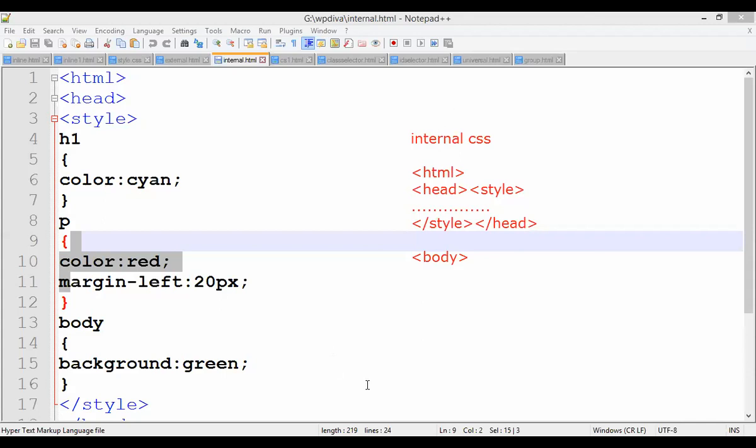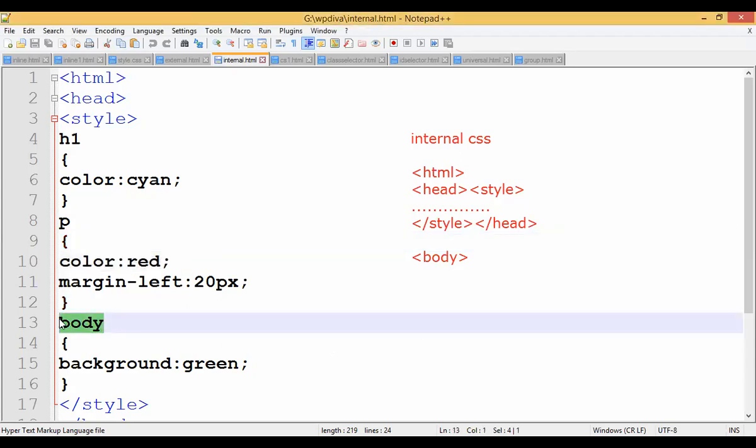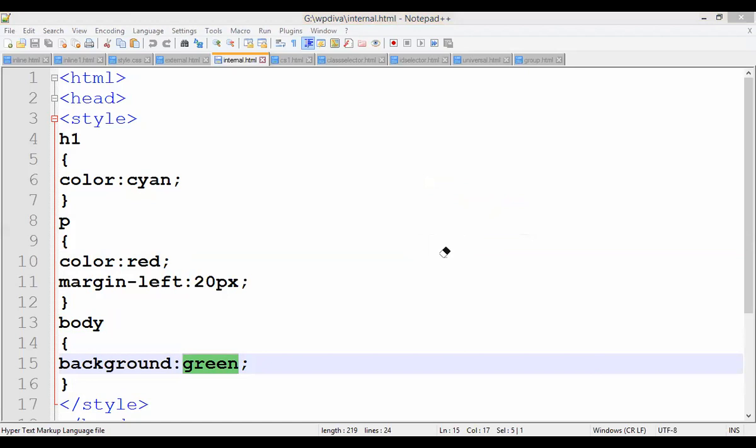All right. Now see here, for body tag, I want to apply some property. What is that property? Background colon. See, immediately after background, give one colon. After colon, directly write the value. Don't give any spaces and all. Directly set the value. So background color, I want to take it as green. So no need of double quotes when you are writing internal CSS. Is it clear?